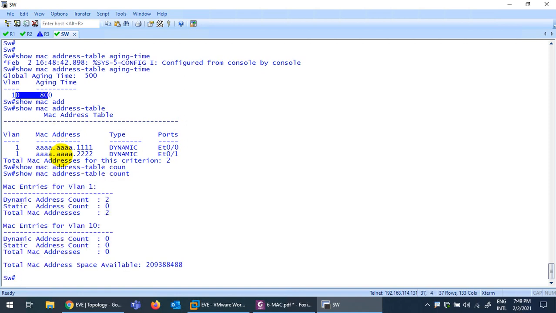This one, I believe those who did CCNP Security already know. We did the MAC flooding attack. We fill up this table and then the switch starts to broadcast and we capture the packet. Those old students, Daniel and other guys, if they remember, we did it in CCNP Security, so they already know this concept. But it's also in this course, so I will show you why we need to wash out these MAC addresses, to give space to other devices. Because if you fill up this table, the switch will become like a hub and broadcast the packet on every interface, and then you can put a sniffer to capture the packet.